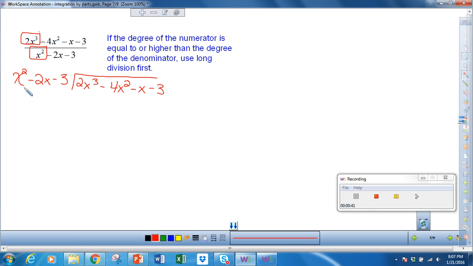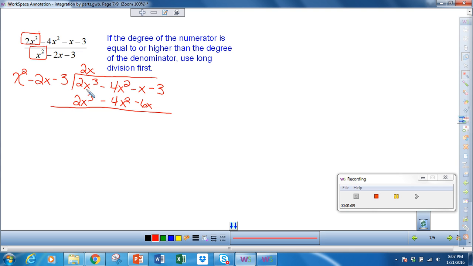Okay, so my question is, what can I multiply by x squared to get 2x cubed? Well, of course I have to do 2, and then to get the x cubed it has to be 2x. So multiplying by 2x, I multiply all of this by 2x, which gives me 2x cubed minus 4x squared minus 6x,